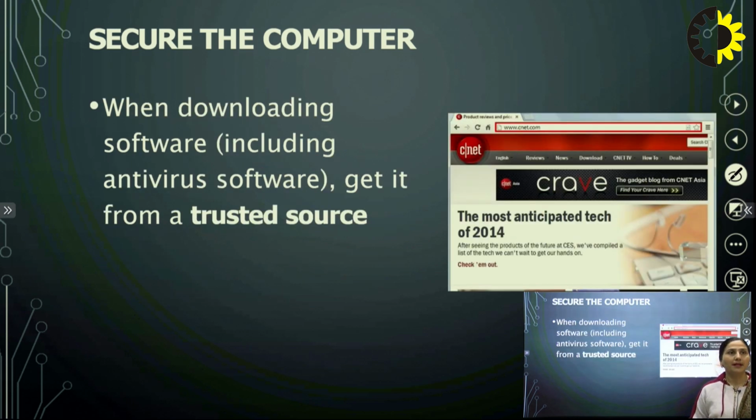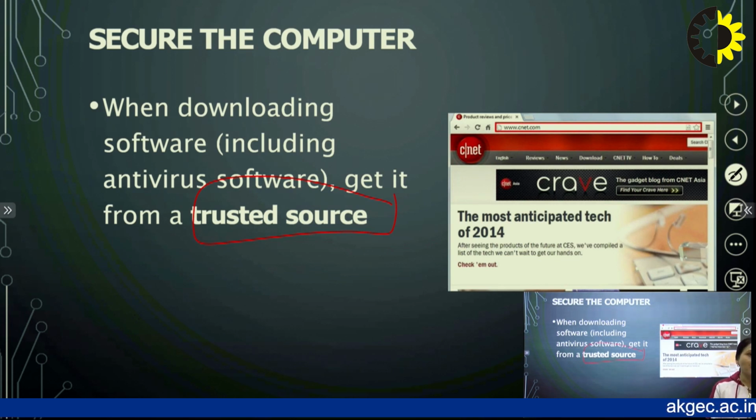to access your data. When downloading software, including even any antivirus software, get it from a trusted source, right? The source from where you are downloading software should be a trusted source. It should not be an untrusted source that you don't even have trust in, and even if you download from it, this is going to create a major issue. So these are small points, but if you follow these small points, this is definitely going to make you more safe in terms of the computer security issues that we are generally